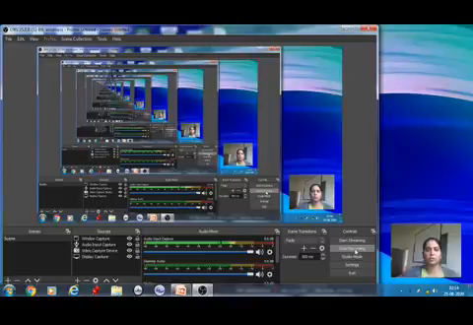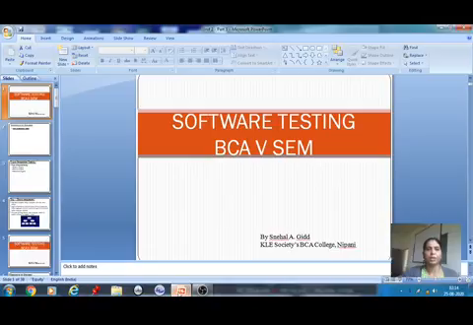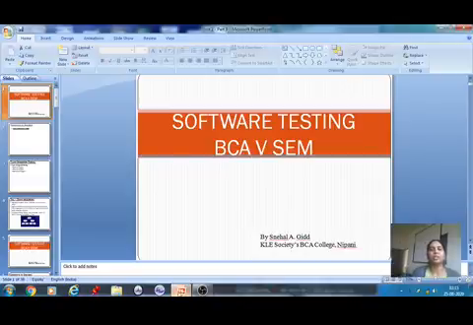In the previous sessions we focused on integration testing and the different types of interfaces that are required for integration testing. The interfaces considered for integration testing are the explicit interfaces and the implicit interfaces. Both are interfaces which are required for integration testing.